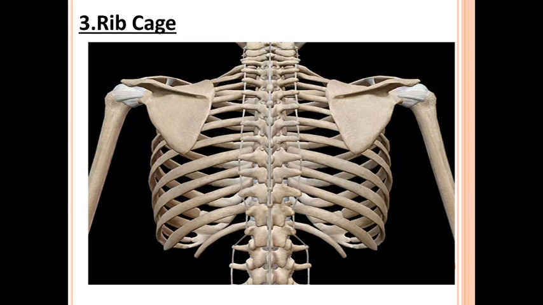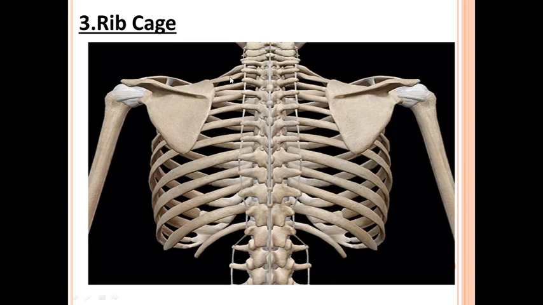Yes. Next one is the rib cage, that is the third part of your human skeleton. See, in the skull how many bones? 22. Backbone 33. And this rib cage is made up of 12 pairs of flexible and curved bones. Maybe you have observed that the bones are of different shapes and different sizes. See the rib cage, 12 pairs are there.